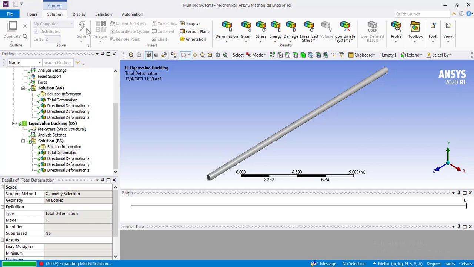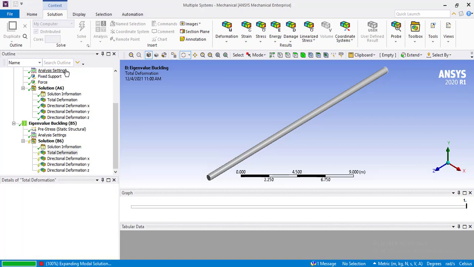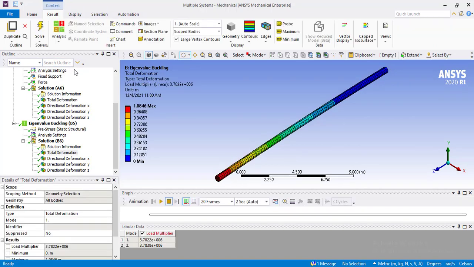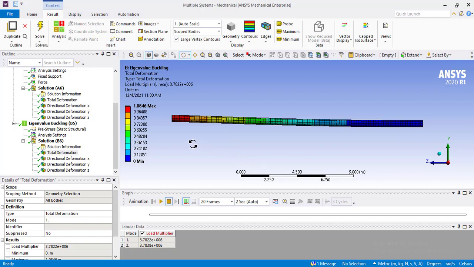It is evaluating the results. Now the buckling analysis has been completed. We will move into a 2D view. As you can see, the loading conditions are the same as that of the static structural, but the shaft has been bent in the transverse direction of the applied loading,